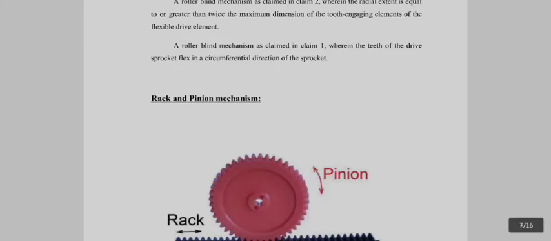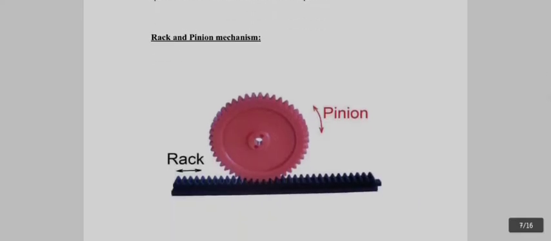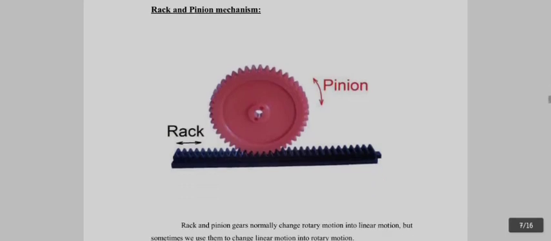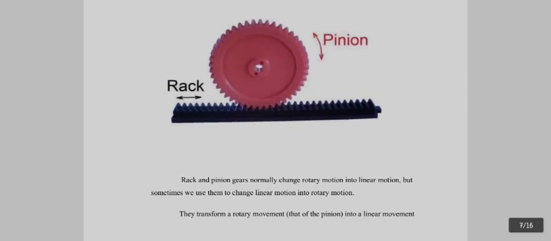Next, rack and pinion mechanism. This is the figure of rack and pinion. Rack and pinion gears normally change rotary motion into linear motion, but sometimes we use them to change linear